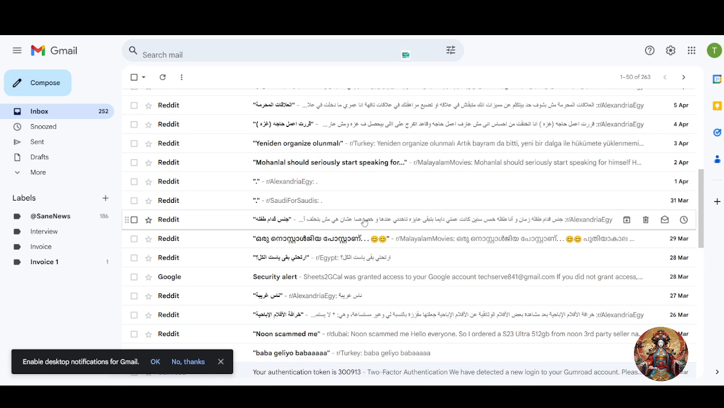So, how do we tackle this mess? What you can do is manually clean up using filters. First, go to your Gmail. Now we are going to use Gmail's own filters to clean things up fast. First of all, in the search bar at the top, type